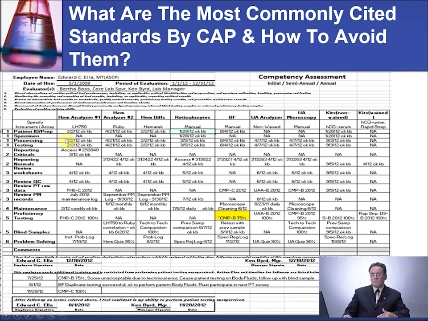If you don't do specimen collection, then you can take that out. So for the patient ID, processing, specimen collection, testing, reporting normals, and review of worksheets, all use one accession number. For critical result, you need another accession number